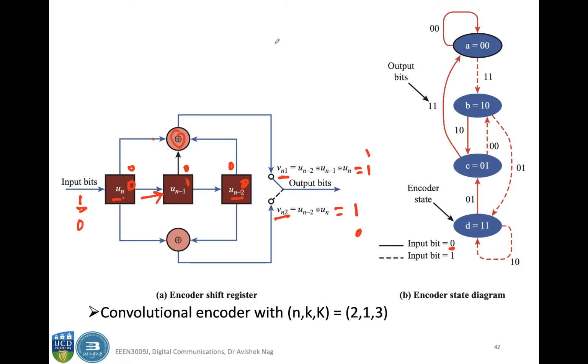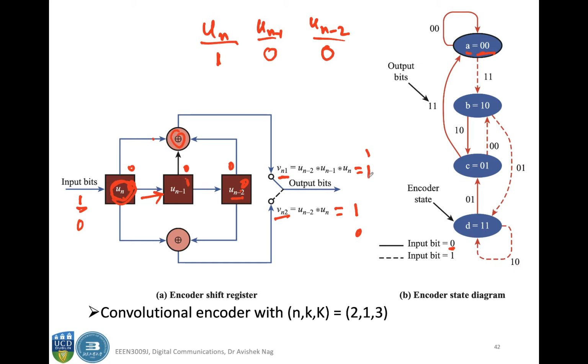0 0, let's say your un minus 1 and un minus 2. So whatever you are inputting is coming straight to this shift register, which is marked un. So that is your input. When you say 0 0, it basically means the state of un minus 1 and un minus 2. So let's say the initial state is 0 0, which is marked by A, and these two are 0 and 0. Now, as I was just saying, when you have input as 1,